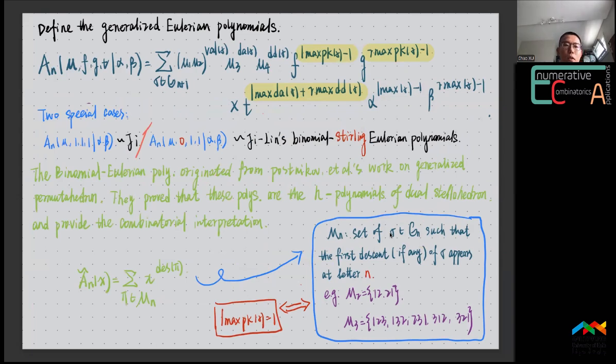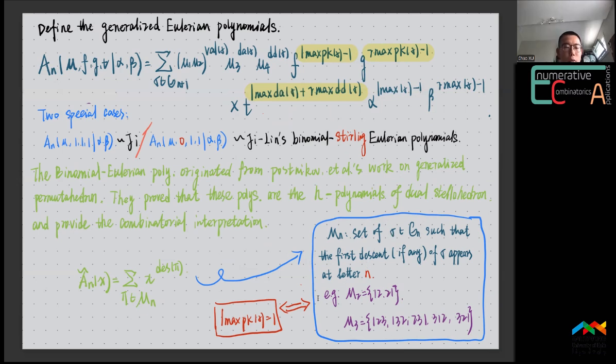There are two special cases: f equals 1, and the other, f equals 0, which reduces to the binomial Stirling-Eulerian polynomial. Without the Stirling statistics, the binomial Eulerian polynomial originates from the work of Postnikov on the generalized permutohedron, and they prove that this polynomial is the h-polynomial of the Durfee tetrahedron and prove the following combinatorial